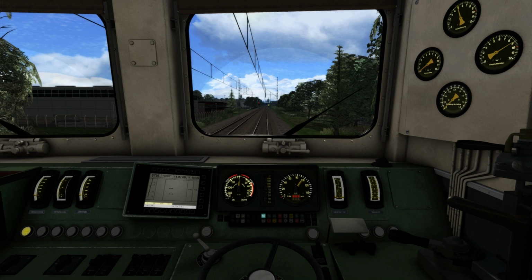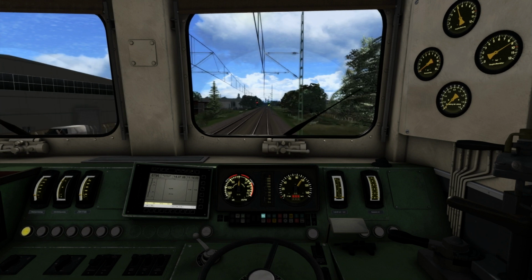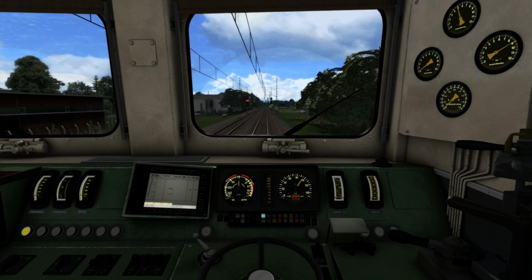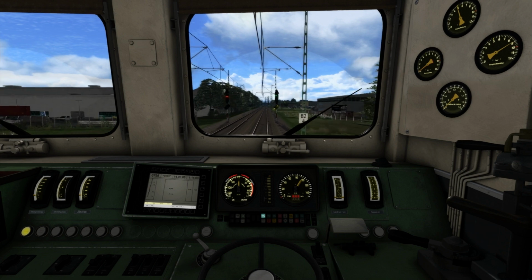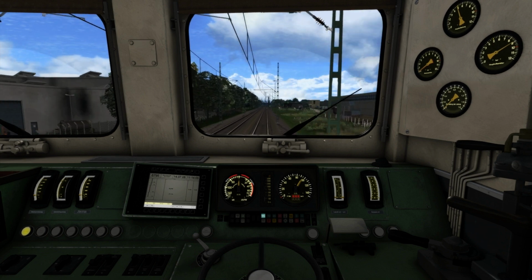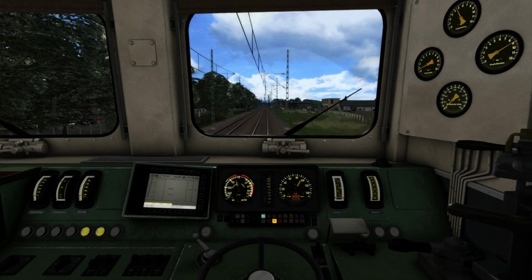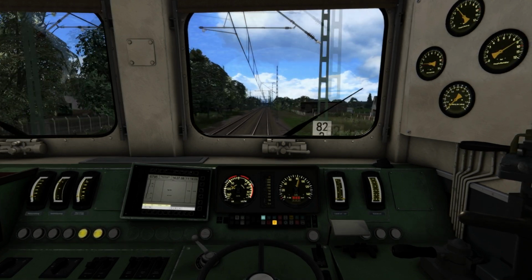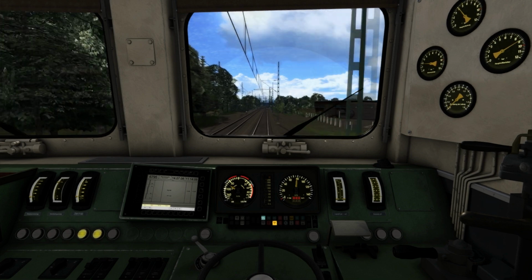So we're currently at the Vmax of 100 km per hour. You can see that the 55 lamp is illuminated on the dashboard, and we're now approaching the cautionary signal. So let's unpause at this point and approach the signal. I'm going to cut the power off now into idle. Now I'm getting ready to acknowledge the PZB. Now at this point we have 34 seconds at which to bring our speed down below 55 km per